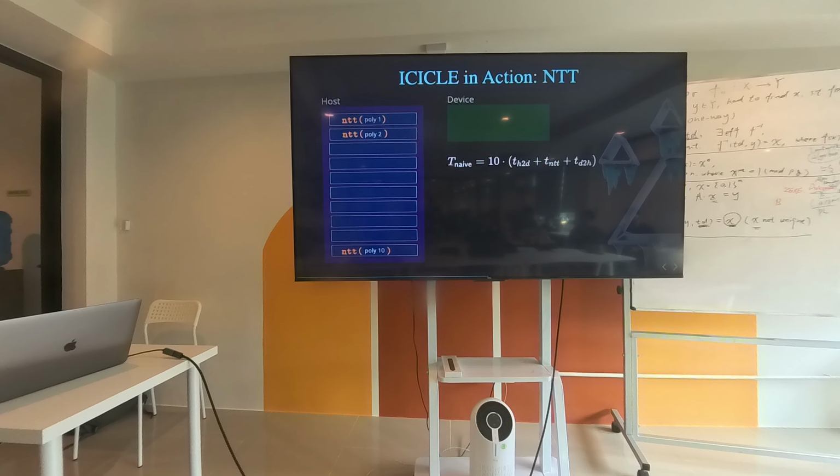So we'll take a look at this example in Icicle, which is the basic NTT. The question that we want to answer is, can we do better? Can we do better even as a developer? Can we efficiently handle doing multiple NTTs without having to do this